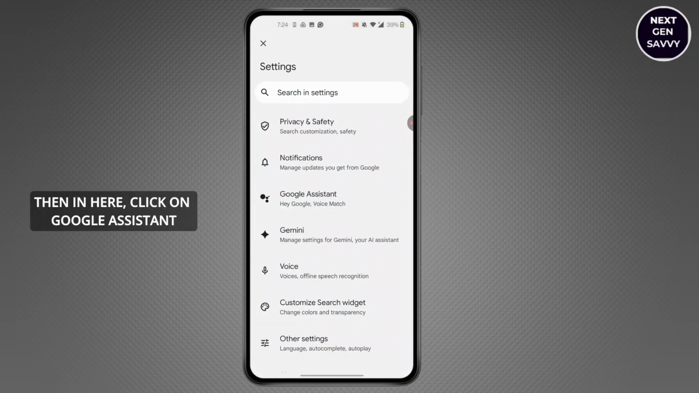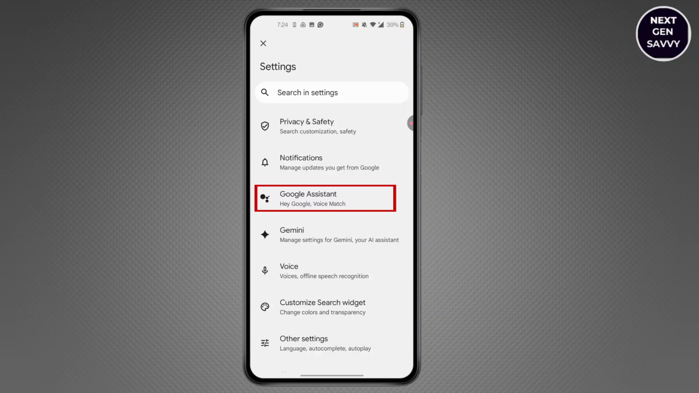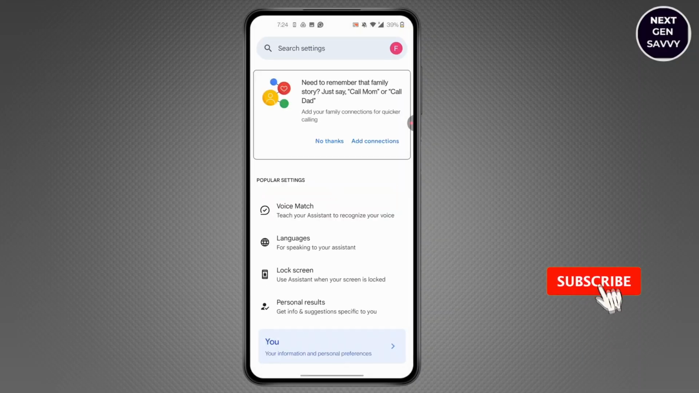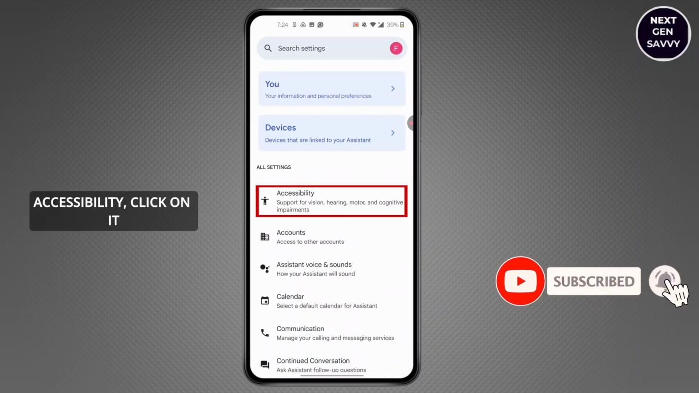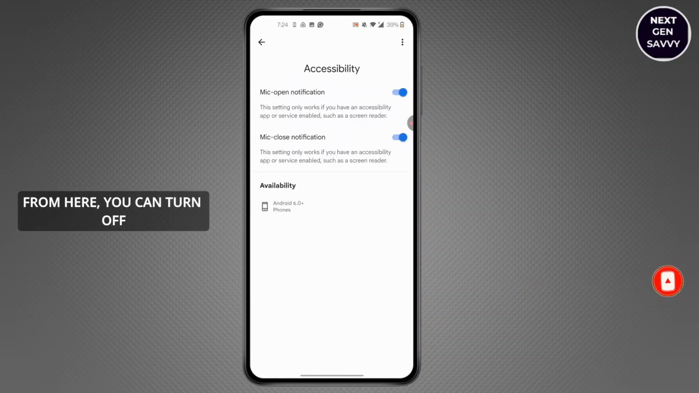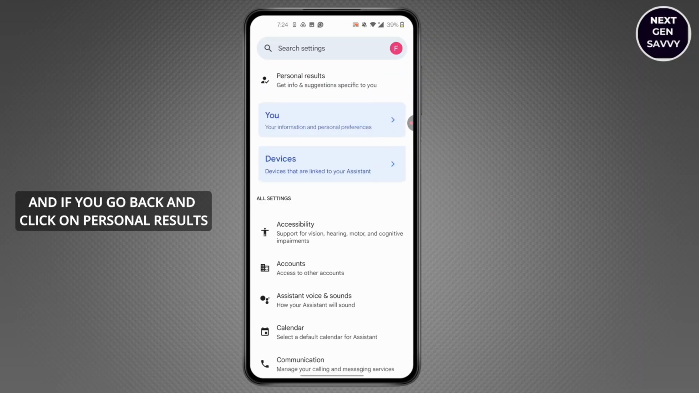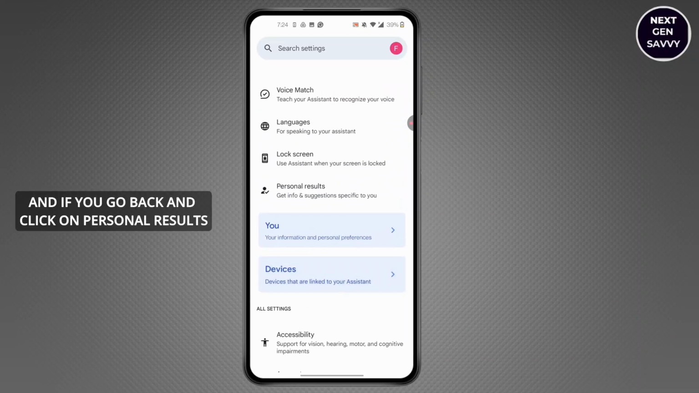Then in here, click on Google Assistant. Scroll down and you'll find Accessibility. Click on it. From here, you can turn off mic, open notification, close, and if you go back and click on Personal Results,